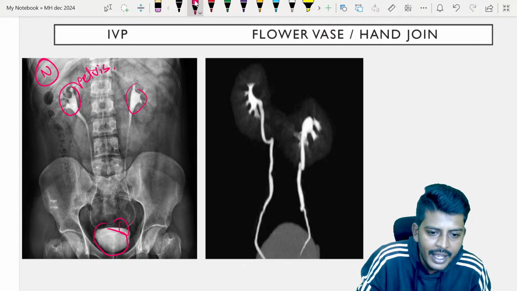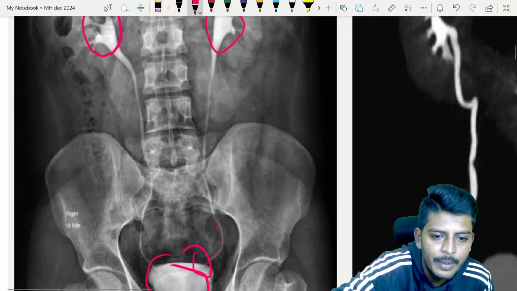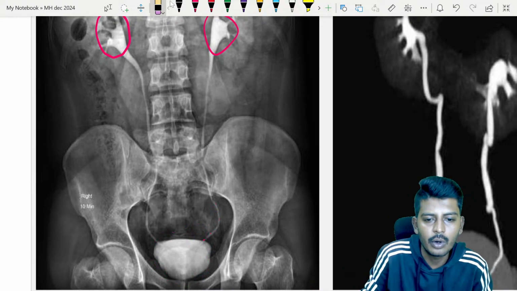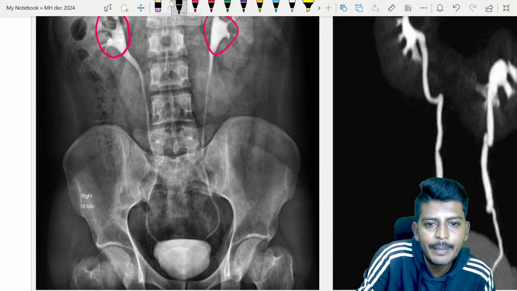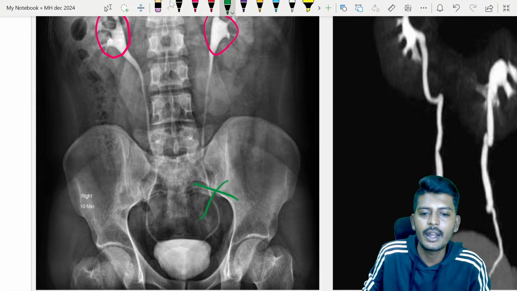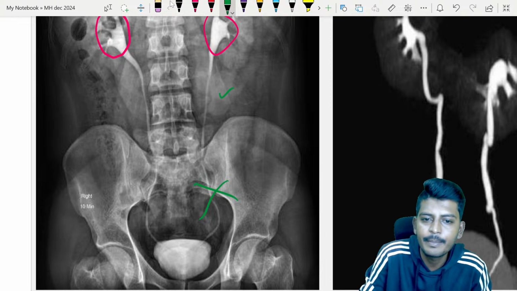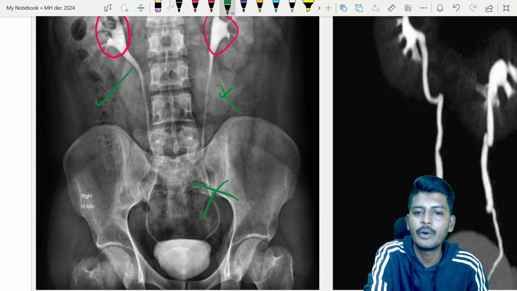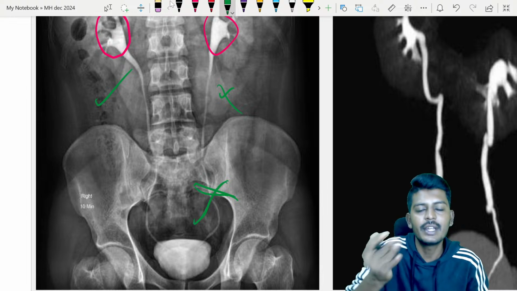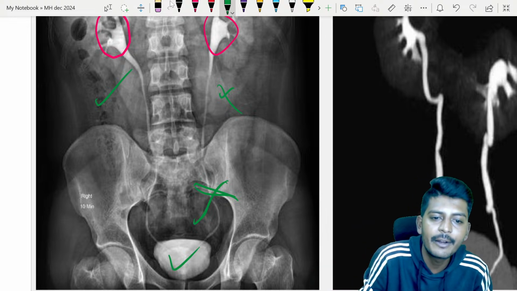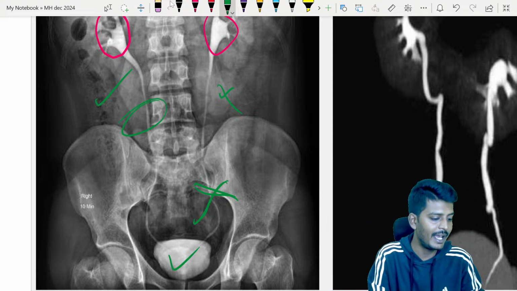So all along this way we should be able to look at the ureters also. Let's imagine the ureter has been closed down here. If the ureter is closed down here, will the contrast come from this side? From this side it won't come. Still, contrast will reach the bladder, but from the other side, the healthy side.